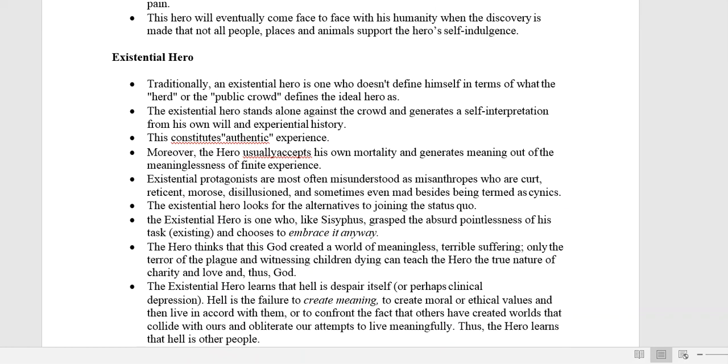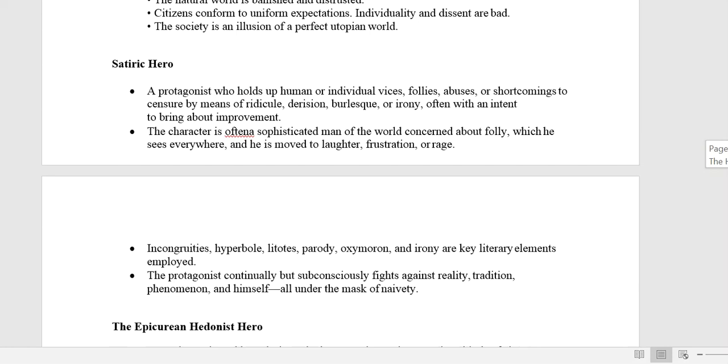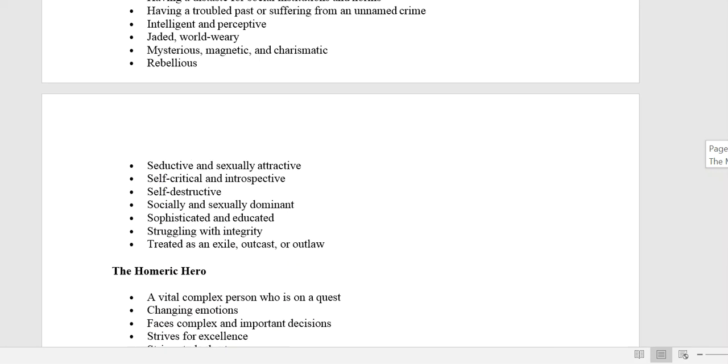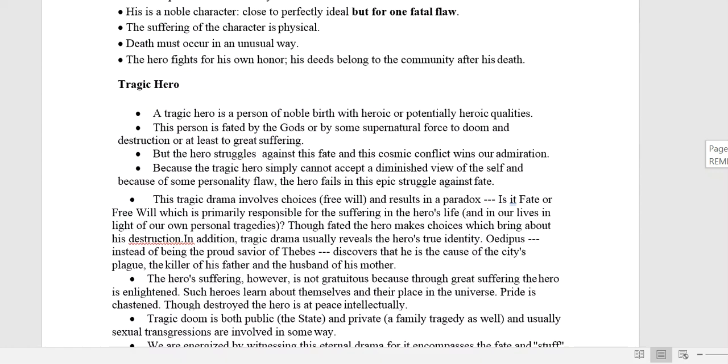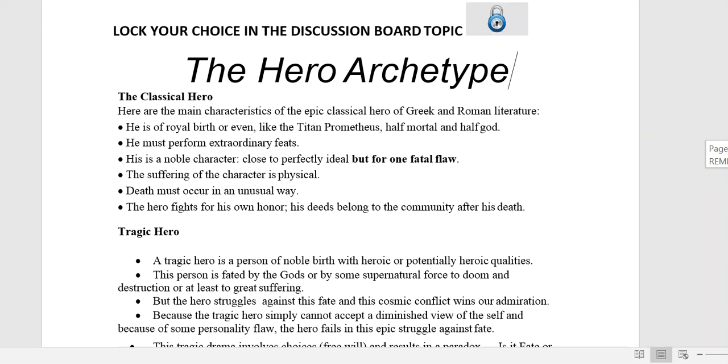And now we're going to go to that list that you chose from, and we're going to think about your character. You're going to read the script, or novel, or whatever it is for the character you've chosen. And you're going to think, why does he do what he does? You're going to look over these different character archetypes, and you're going to pick one that explains why he does what he does.